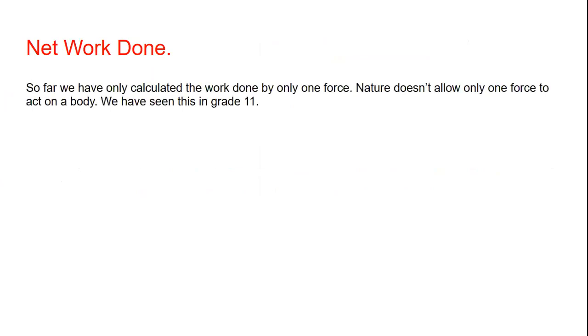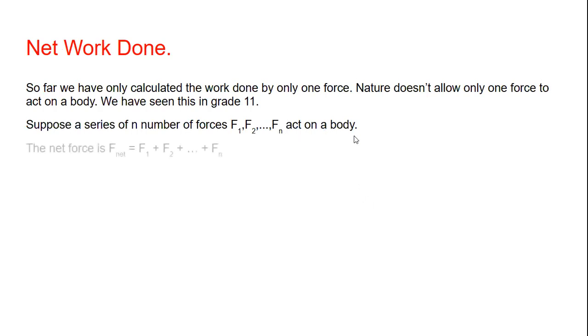Now let's look at net work being done. So far, we only found the work done due to one force, but nature doesn't only allow one force to act on a body. And you saw this a lot in grade 11. So suppose you have n number of forces, F1, F2, and Fn acting on this body. So then the net force is going to be the superposition of these n forces, F1 plus F2 plus Fn,